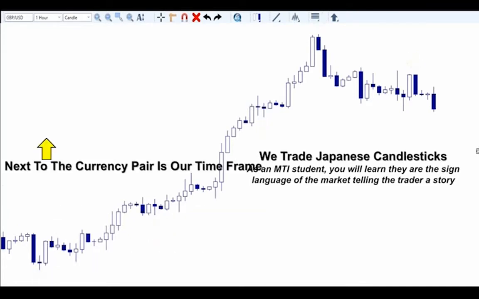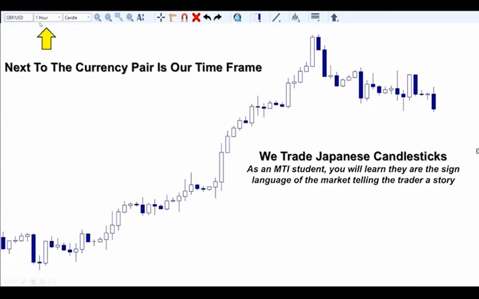Basically, these candlesticks represent what the market has done in whatever time frame you select on your chart. So if you go back up to the upper left-hand corner of my screen, you can see that this is a 1-hour chart. So each one of these candlesticks represents what the market has done in 1 hour of time. I'm not going to go into a lot of detail explaining these candlesticks, but all you really need to know, for those of you who are brand new, is that the white candlesticks mean that the market has gone up during that hour. Dark blue means that it has gone down. So the white candlesticks are bullish candlesticks. Dark blue are bearish candlesticks.